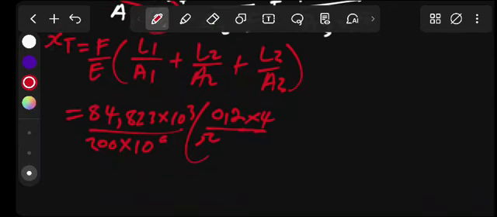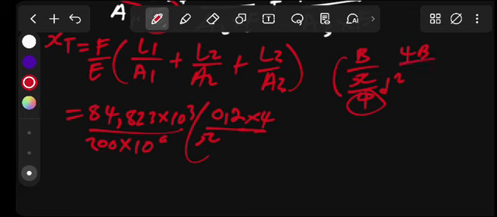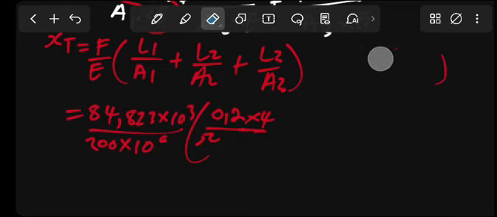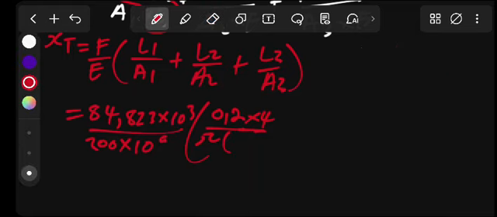Similarly, if you have one example, let's say you have b over pi over 4 d squared. You can take this 4 there on the top. It can be 4b over pi d squared. You can write like that. It's a matter of maths. Multiply that by 4. Then the diameter there was 50, which will be